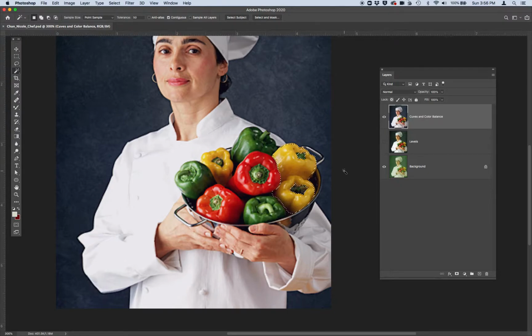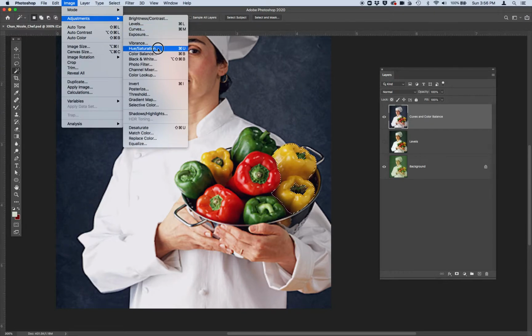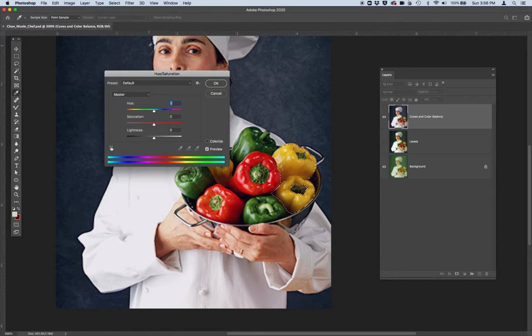And now again, we're going to go up to Image, Adjustment, Hue and Saturation. We're going to change the hue. I'm going to go ahead and put in -15 in my hue. -15. And you'll see that my peppers have become orange. And I'm going to change my saturation a little bit. I'm going to make it less saturated because those peppers are a little too orange for me by doing -10